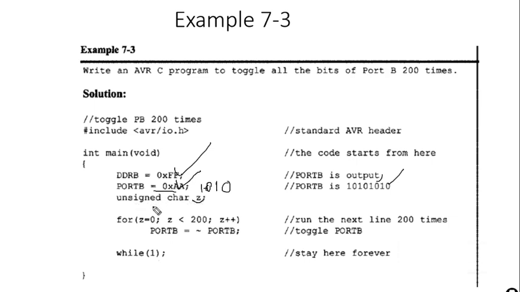The variable for the loop is initialized carefully as an unsigned character, and toggling is simply PORTB = ~PORTB, where the tilde is the logical NOT operator applied to port B. Again, if you were to perform this task using assembly language, first you need to read the value of port B into some register, then you have to invert the values in that register, and then in the third instruction you could write the inverted values to port B. Whereas in C, all this is done by writing this single statement.